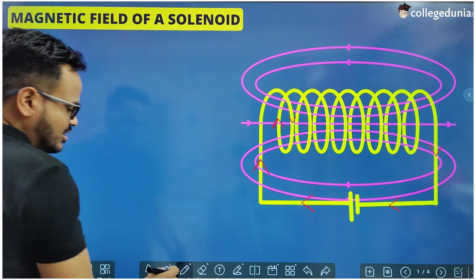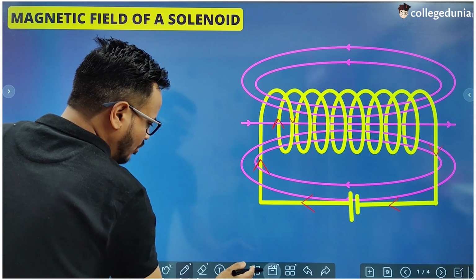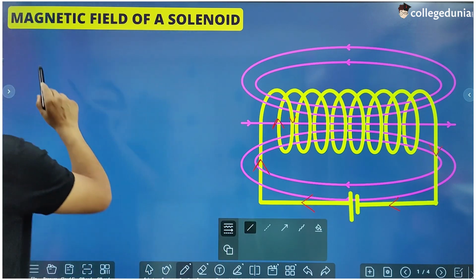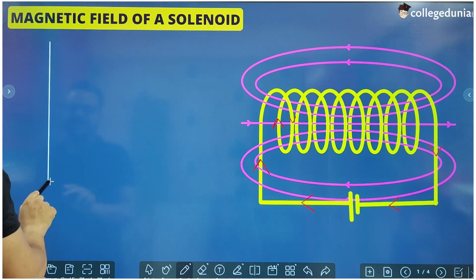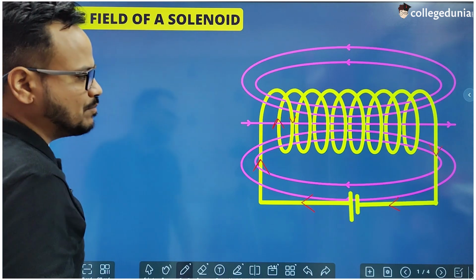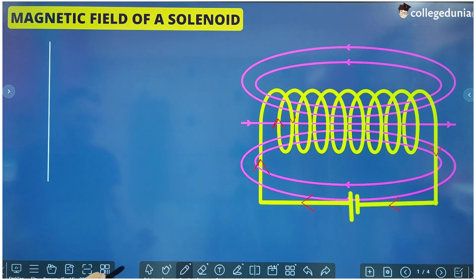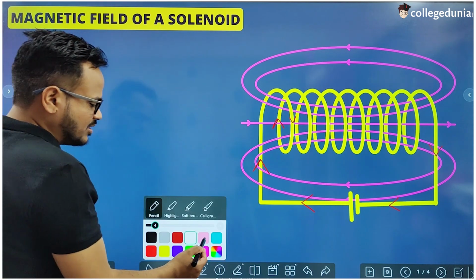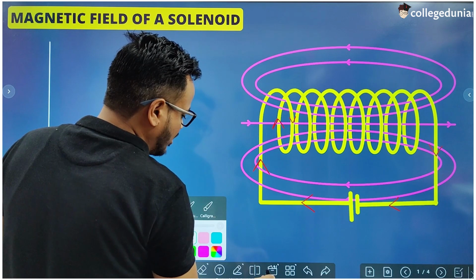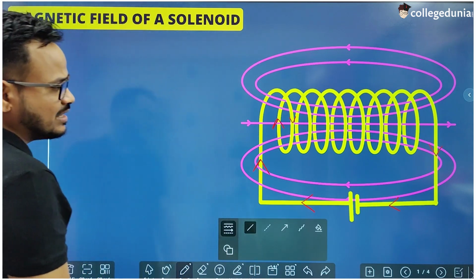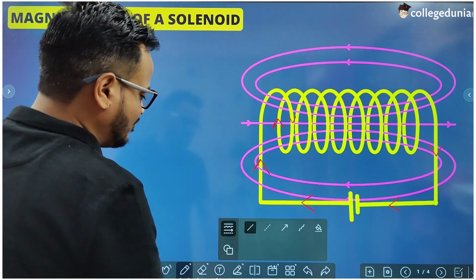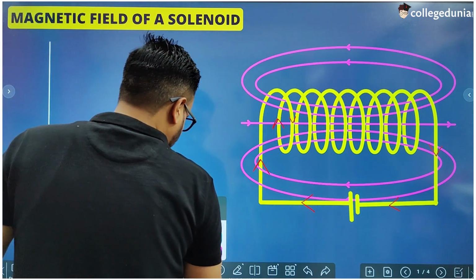But first we will revise what was Ampere circuital law. I've made an entirely different video on Ampere circuital law, and it is a very important video. You can go and watch that video if you do not know what is Ampere circuital law, but Ampere circuital law is very important to find the magnetic field in such cases where there is some symmetry, right?